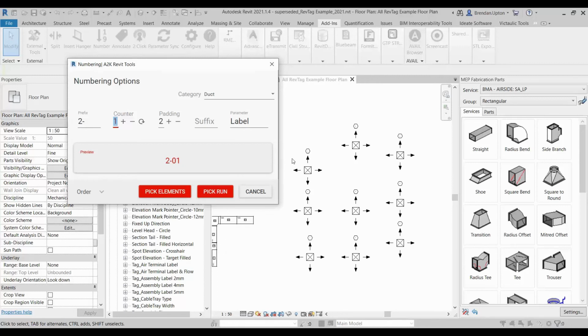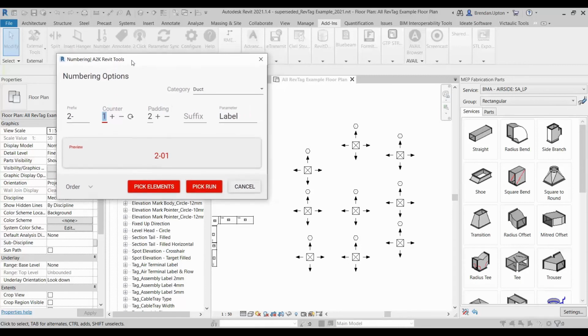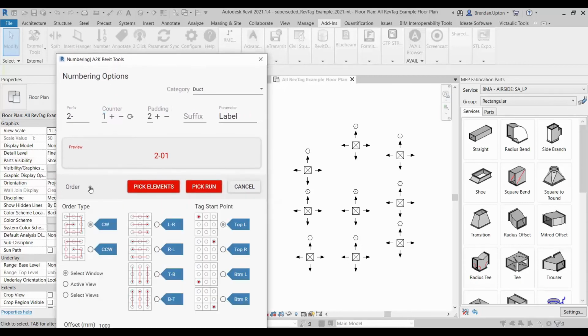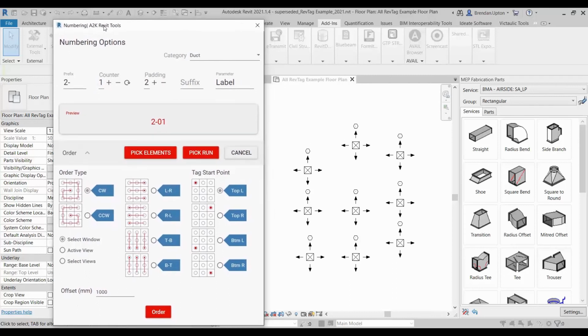Now what we've added is the ability to number other categories like air terminals, for example, and mechanical equipment, and then you can follow some logic around the ordering of that. So let me show you this. If you go into the numbering dialog, we have an added order options down that you can expand at the bottom here, and you can see there are a number of different order types and tag start points and selection options that you can use